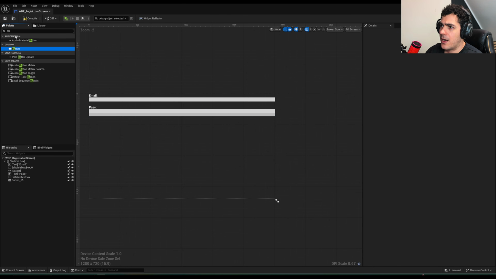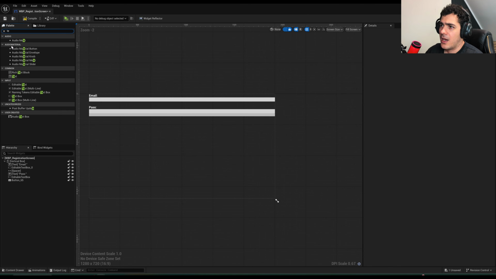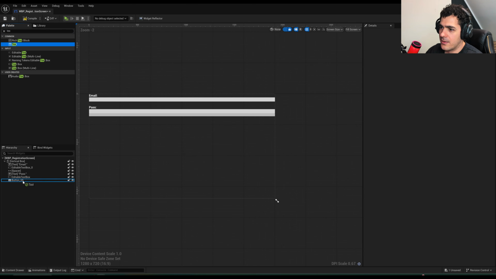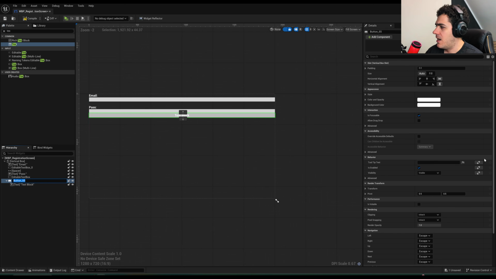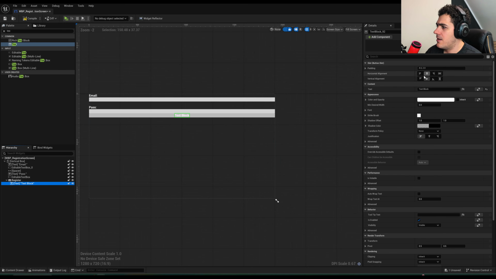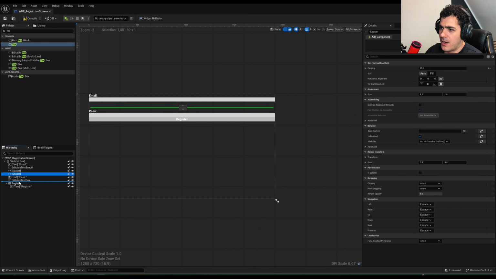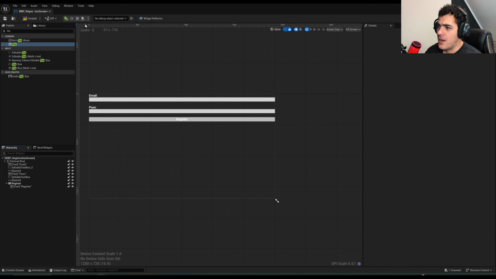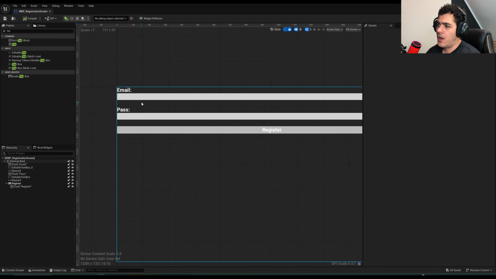Nice. Now I'm going to add a text inside the button, and this is going to be the boring part. After we're going to do some cool stuff here, and this is going to be a button called register. All right. And here we're going to type just register. Perfect. And we're going to add a spacer, and that's it. Perfect. Now that we have all this stuff done, we can actually hook up the logic to actually register